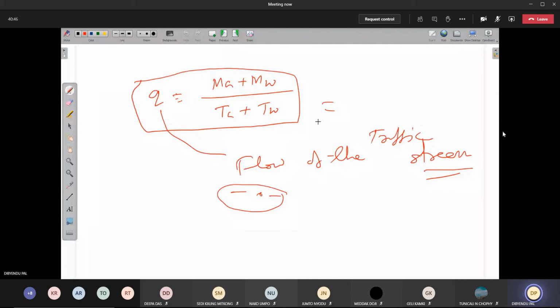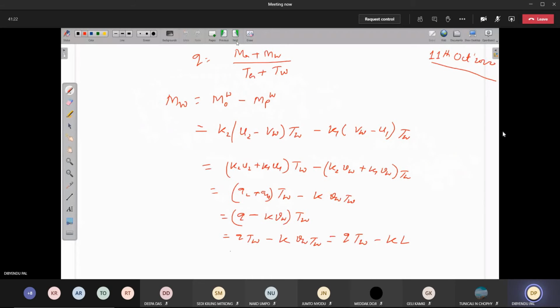What is the flow of the traffic stream? Flow of the traffic stream is nothing but the difference between the number of vehicles that overtake the test vehicle and the number of vehicles the test vehicle overtakes, when the vehicle was with the stream and when the vehicle was against the stream. Find their summation and divide by the total time taken in both directions. So this is the flow that we have done. Now come to the next part. This is what we have already done till now.